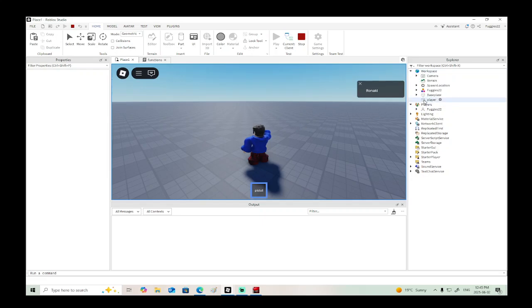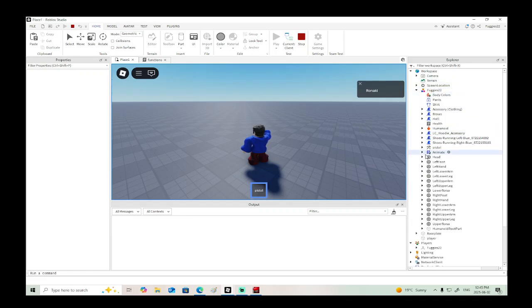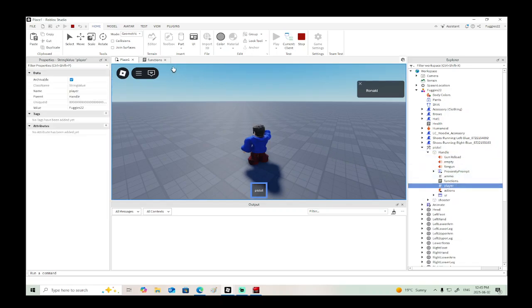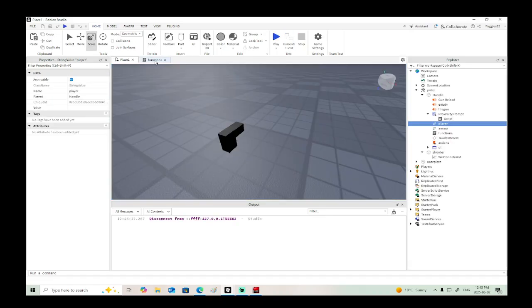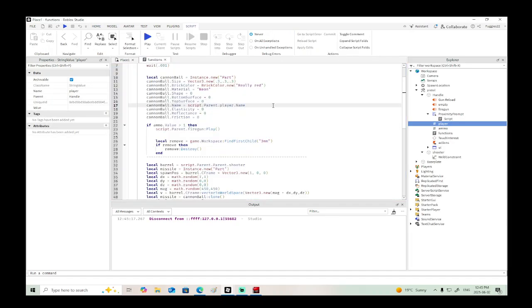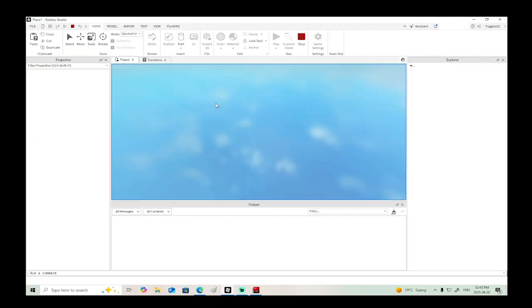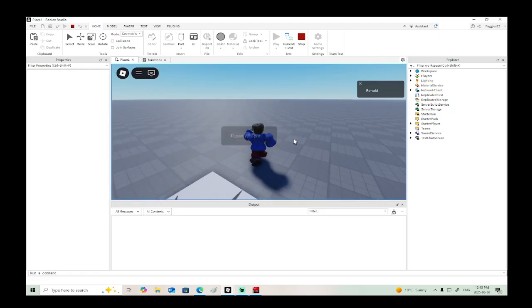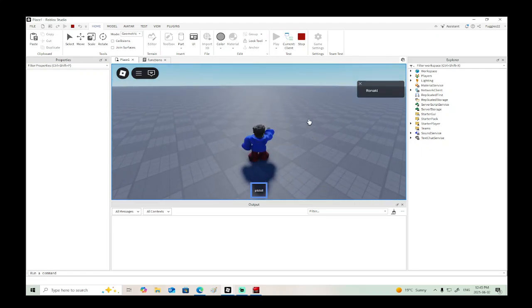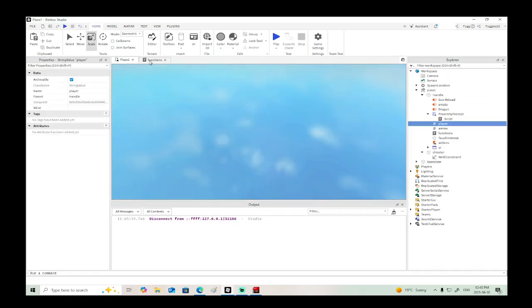Okay, so you see how it shoots the object? The object's called player. Why is the object called player? Oh, because I said .name. Script.parent.player.value. There we go. So now if we say